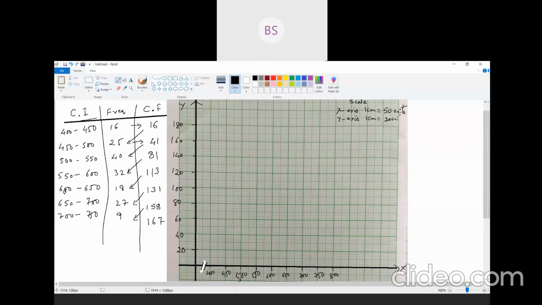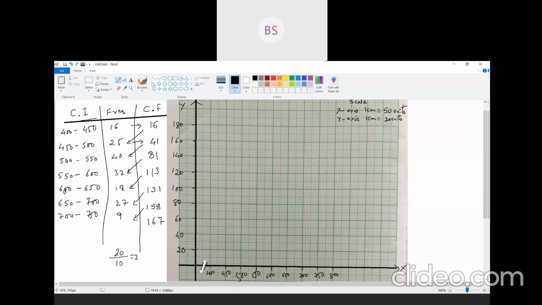Now before moving on further, we will see what is the value of each division on the y-axis. Now we can see that the difference is 20. So 20 divided by, we have 10 divisions, so divided by 10. That is equal to 2. It means that the value of each division is 2. That is, if this is 20, the first division will be 22, then 24, 26, 28 and so on. Okay.